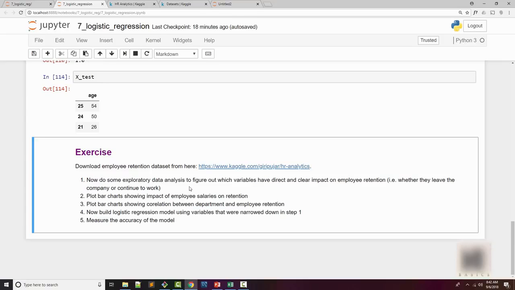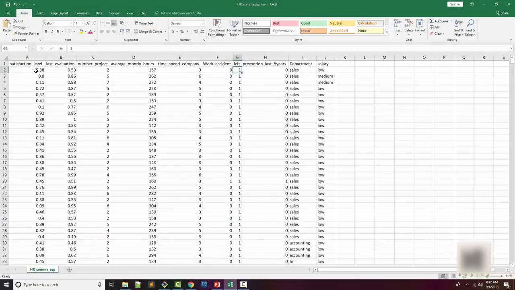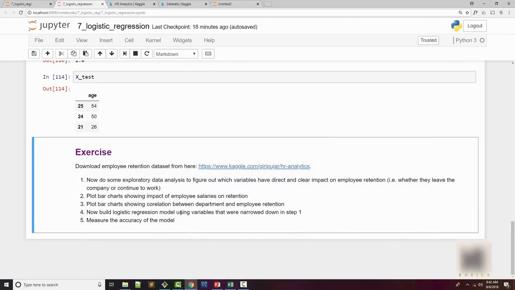Okay, first one is, out of all these parameters that we have, you want to find out which factors affect the employee retention by doing some exploratory data analysis. You will also plot bar charts showing the impact of employees' salaries on retention.